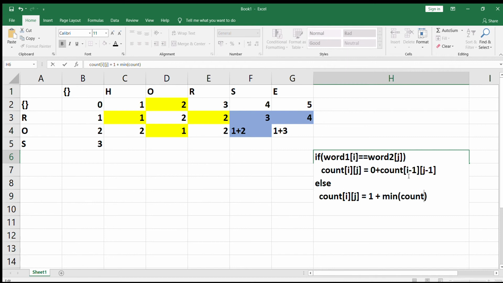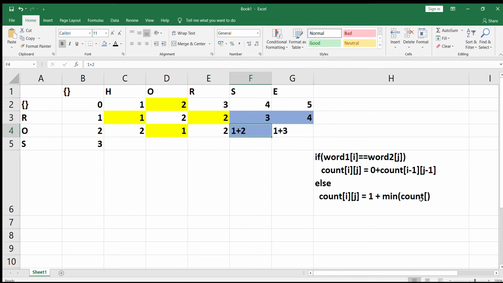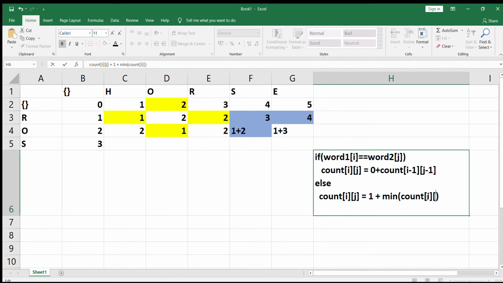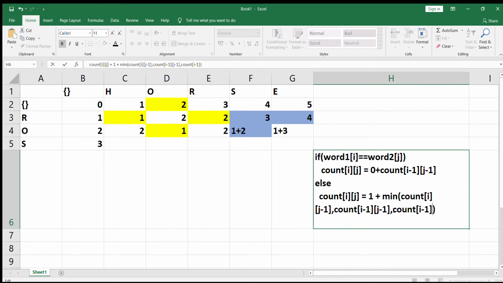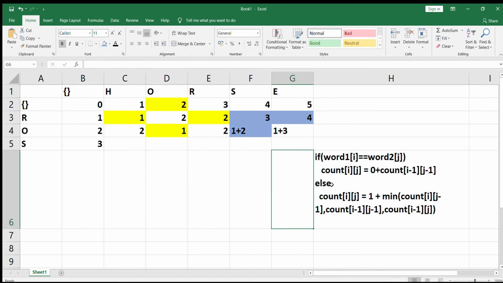So these three cells can be denoted as follows: if this one is I comma J, then this cell will be count of I, J minus 1, this will be count of I minus 1 and J minus 1, and this cell will be count of I minus 1 and J. So whatever is the minimum of these three, we will pick that up and add 1 to it, because one operation is required to convert S into O. So this is the formula that we need to use, and let's try to code for this.